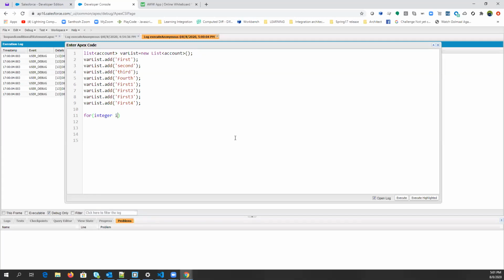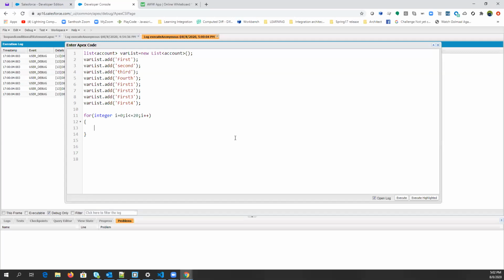Right. So let's say I'm just declaring a loop here. Integer i equals 0, and here i less than or equals to 20, and i plus plus. But I just want to execute this loop till the value of i is 15.